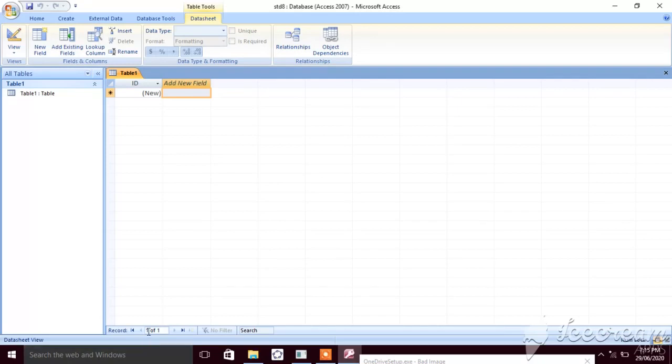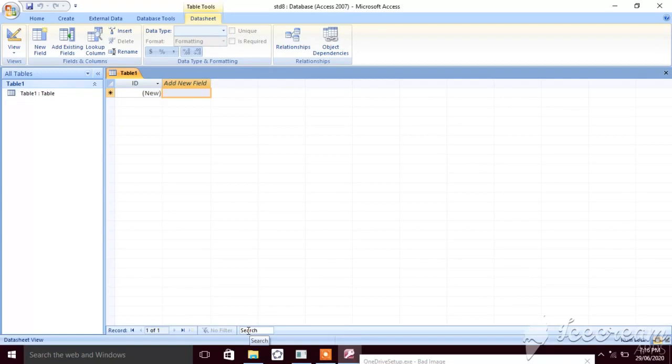Then the record navigation bar. See, downside here is the record navigation bar. It is used to navigate through the records in a table. You can also create a new record or search for an existing record here. Means if in your database there are 100 records and you want to search a specific record, just type the name of the student in the search bar.